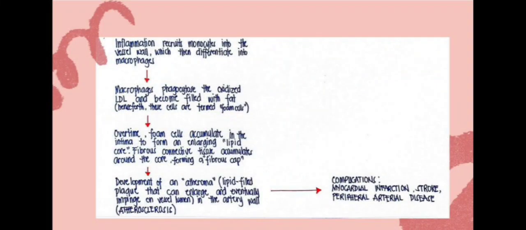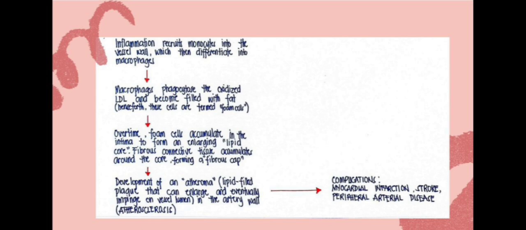Here comes the inflammatory response. The oxidized LDL triggers the immune system to send white blood cells called monocytes to the site of injury. These monocytes enter the artery walls and differentiate into macrophages. The macrophages engulf the oxidized LDL and transform into foam cells. This marks the formation of fatty streaks, which are the earliest signs of atherosclerosis.